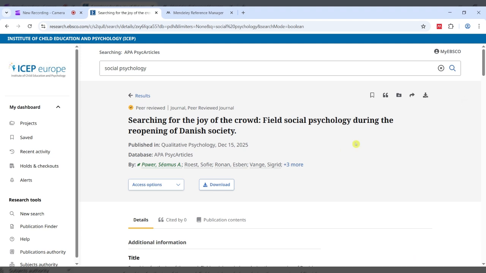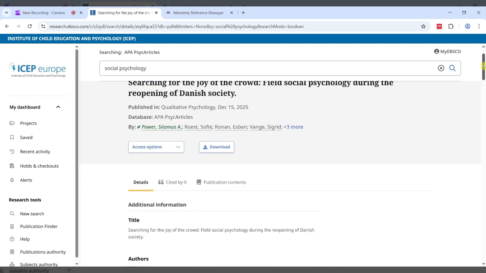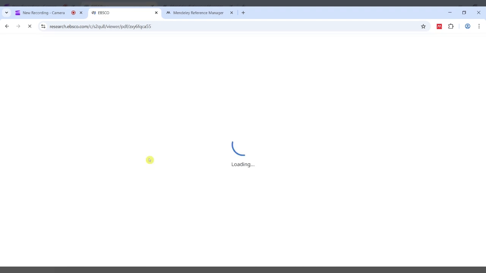So obviously the benefit of this is that you can add the actual PDF file into Mendeley and you will have it there to look back on or read over again. So this works obviously if you have the PDF of a document. Sometimes you may not actually have it or be able to download it. Maybe you might have to read online. But you can see here we have the option, and we go to access options of PDF. So that'll tell me that we can download it.